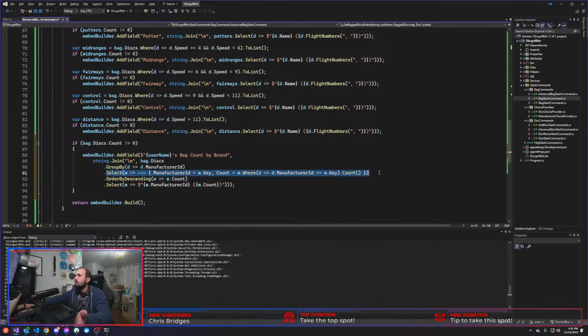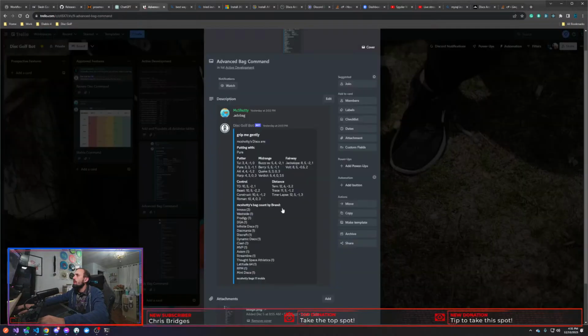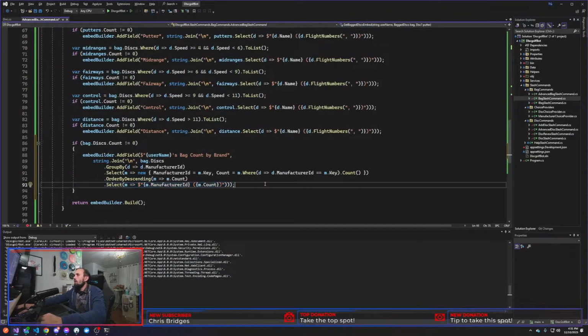So that'll give me what the count is here. I've now selected, out of all the manufacturers, each of the counts with the manufacturers associated to it. Then I want to order by descending, so go from the highest count to the lowest count. And then from there, I want you to select the string that I want displayed: the manufacturer ID, space, and then parentheses with the count. It's going to look very similar to the way I have that, except right now those are just going to display a number, which is the manufacturer ID, then the parenthesis, and then the count. All right. So in this case, I should have all Axiom,